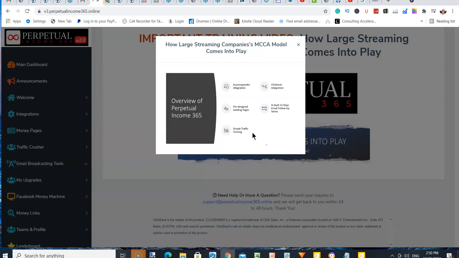So you can basically select a pre-designed landing page, and once you have selected that, all you got to do is to activate that page, and that page will automatically be installed together with your email autoresponder and Clickbank. Okay, so everything is done for you right here.